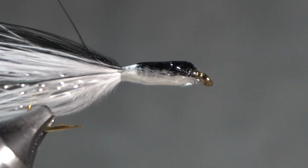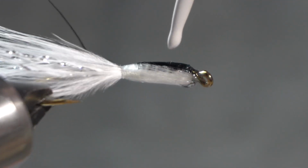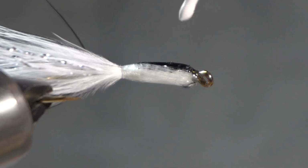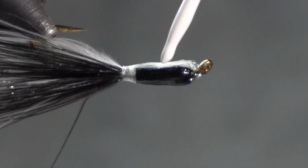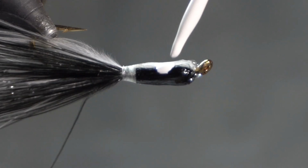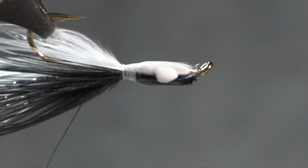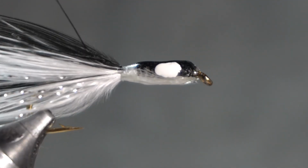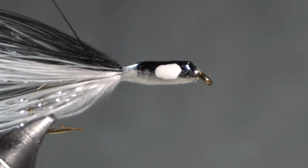The eyes on this fly are enamel, so once the epoxy is dried, just take a toothpick and I just drop a white dot of enamel and a white dot of enamel, and I should have tried to get that a little more round. But that's the eye, and that'll need to dry. It needs to dry, and then I'll put a black dot in the middle of the eye. And then